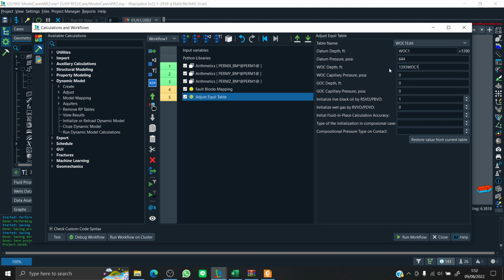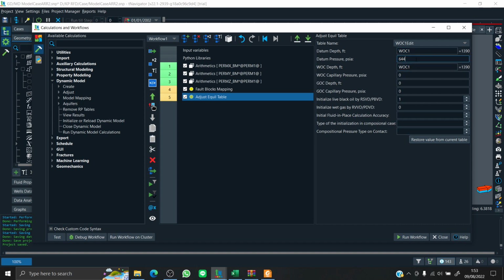But you can adjust it with your own given set of data. For example, if the datum depth and the datum pressure are fixed, you can always incorporate the numbers. But this particular case is actually a special case. It is given that the datum pressure is the pressure at water oil contact, but the water oil contact is unknown, so it's uncertain.